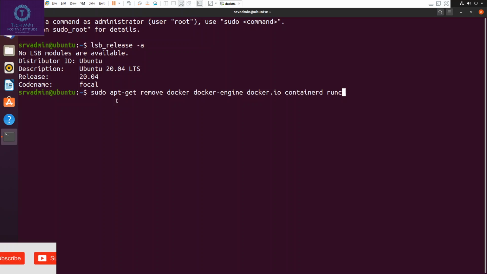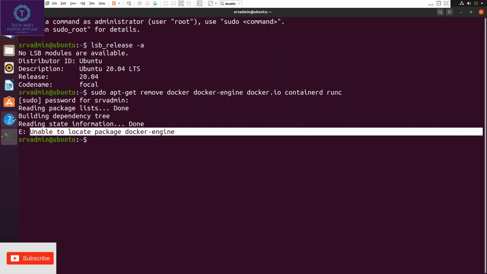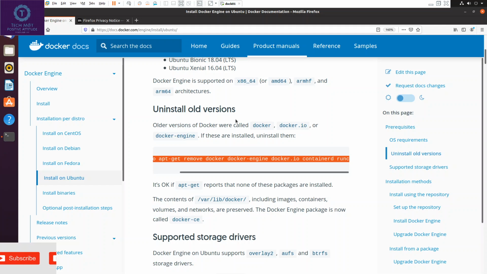Hit enter. It will ask for the password. Enter the password. As you can see, unable to locate any Docker engine package. Let's move to the next step.